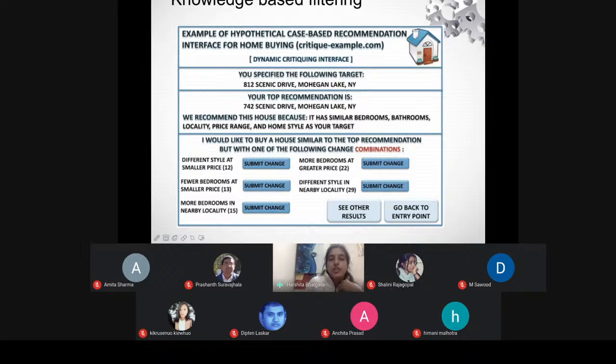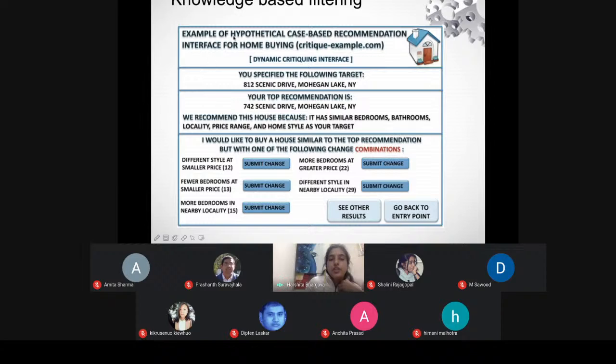The next one is the knowledge-based filtering. In the knowledge-based filtering, what happens is basically we don't have the ratings. Initial level ratings आपकी नहीं होती है. हम कह सकते हैं कि we particularly use such kind of filtering algorithms for those kind of items that are not frequently bought, or they are very expensive to be bought every now and then. For those purposes, we normally use the knowledge-based filtering.